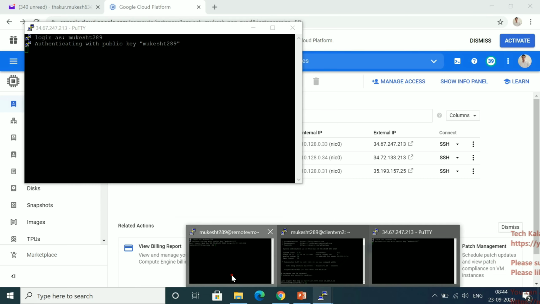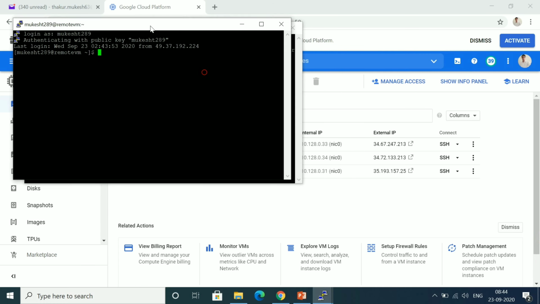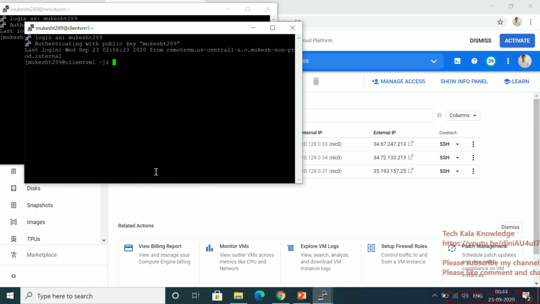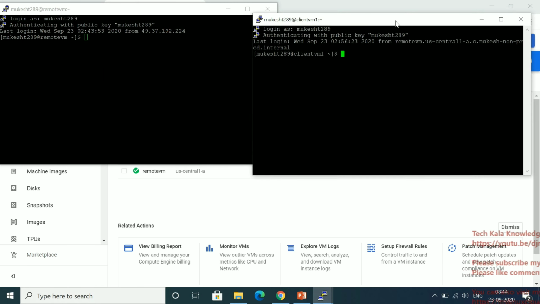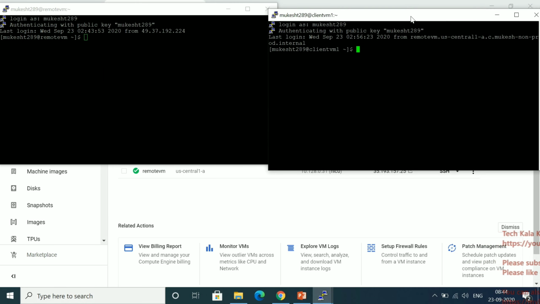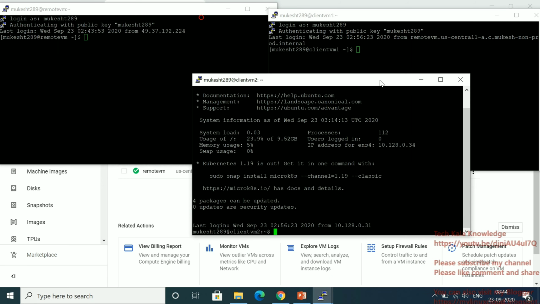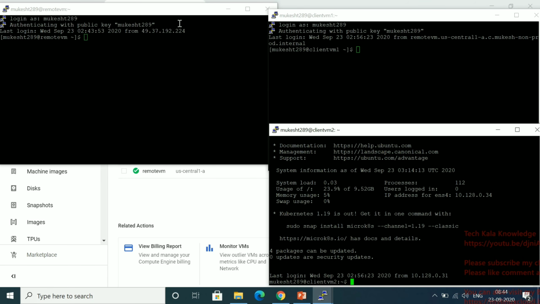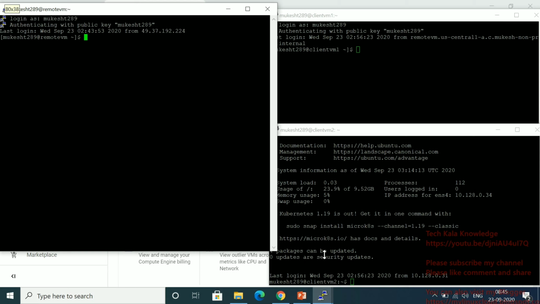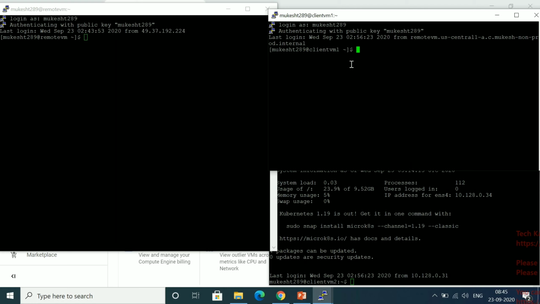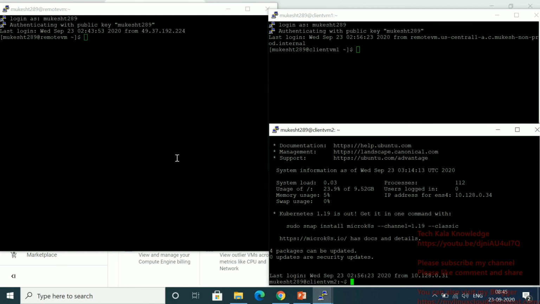Now let me see. One second, let me arrange something here. Yeah, so this is my Ansible machine, this is client VM1, and this is client VM2.